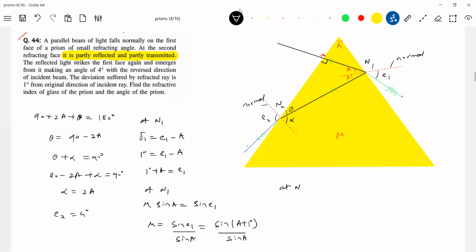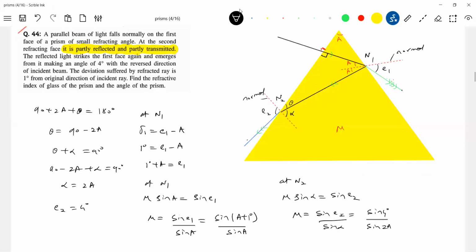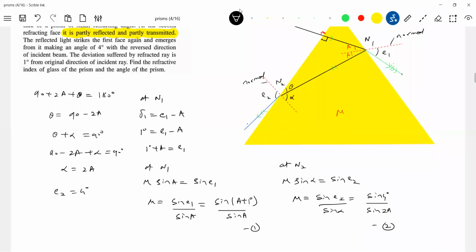Again at N2 applying Snell's law, mu sine alpha is equal to sine E2. So this mu is equal to sine E2 by sine alpha. E2 is 4 degrees, given, and alpha is 2A. For small angles, we can write sine as only the angles. So this equation 1, for small angles, it will become